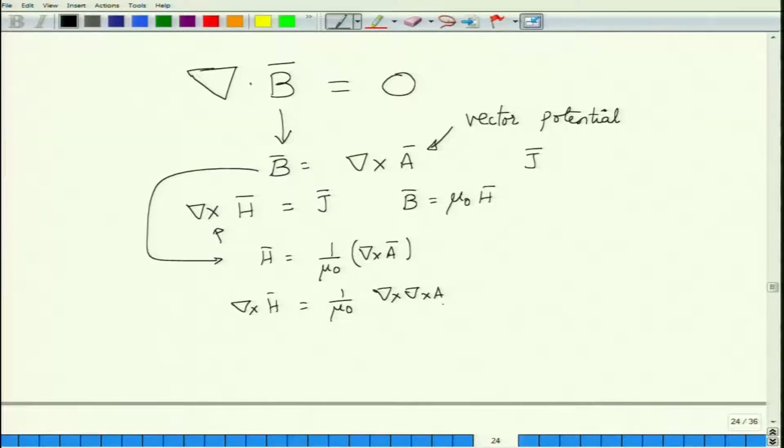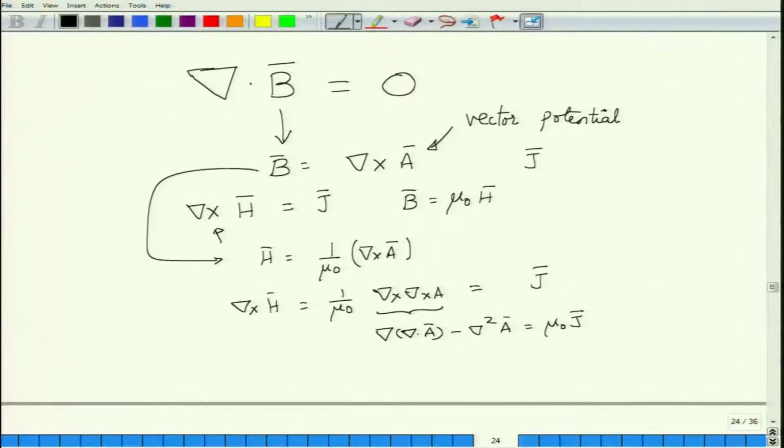Now, you know how to expand that out, because you have seen this quantity when we discussed the wave equation for the electric field or the magnetic field. This quantity is simply del of del dot A minus del square A, correct. So, this must be equal to mu naught J, where J is any current distribution found in the space, and I have taken the 1 by mu naught from the left hand side onto the right hand side, so that J scales up by mu naught. Mu naught is a scalar constant for us.